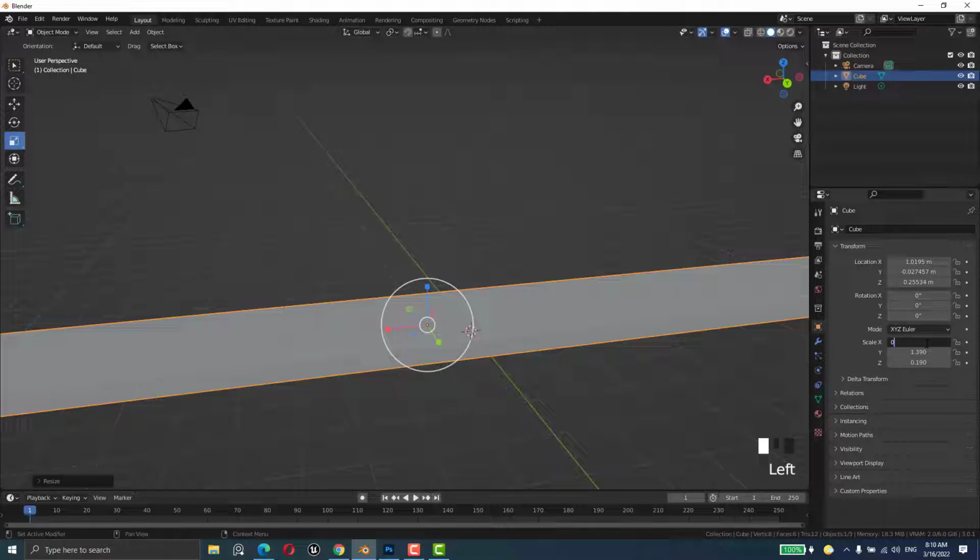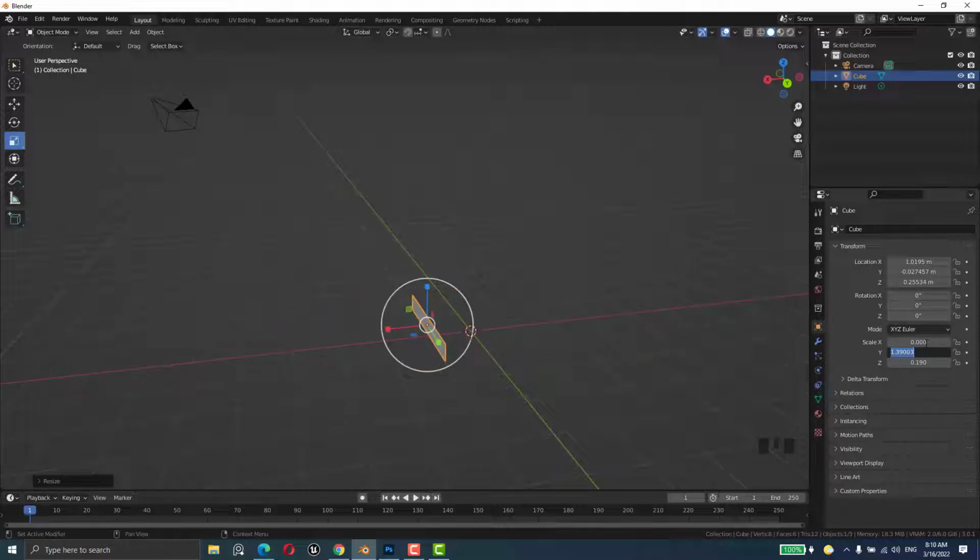We can see that the scale is like this. We can make it 0, press tab, 0, press tab, and 0, enter. You see, it became 0, but we don't want 0. This is scale, it's measuring. If we make it 0, everything will disappear. So we have to make it 1, tab, 1, tab, enter. You see,